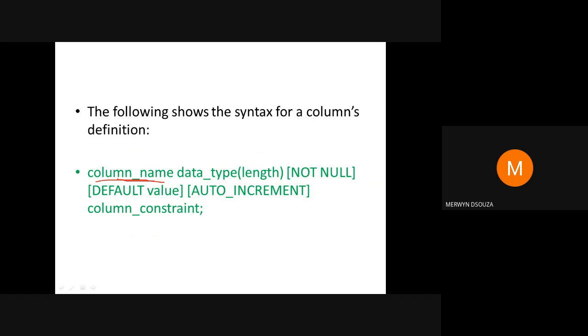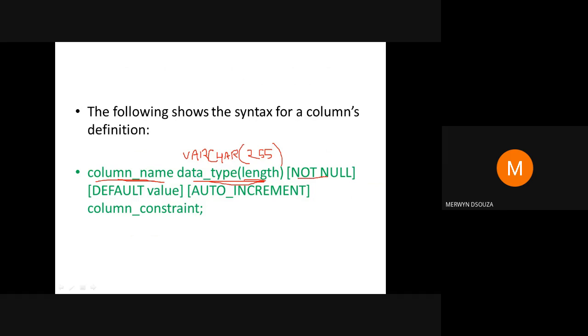Each column will have a specific data type and some size. You could have varchar, for example, or int and so on. So for varchar, you could mention the size as 255. So that will be the data type, varchar 255.